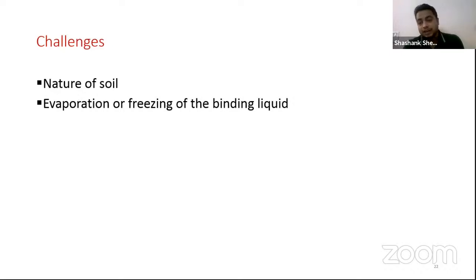Even construction on Earth is not that simple. So how would that become possible in space or on Mars or Moon? First of all, if we look into construction in the Martian or lunar environment, we have to understand the nature of the soil that is present there. What kind of minerals can we extract from that soil? What kind of binding agent would be there? Because on Earth we use cement to bind, but what would happen here? And for effectively using cement, we need water. But how would we use binding agents in the lunar or Martian environment